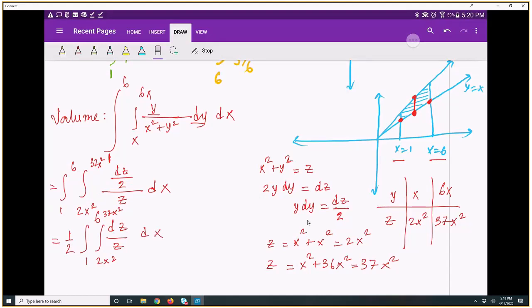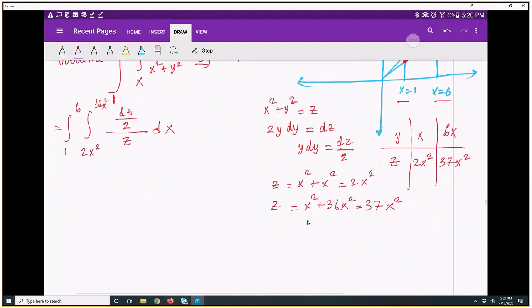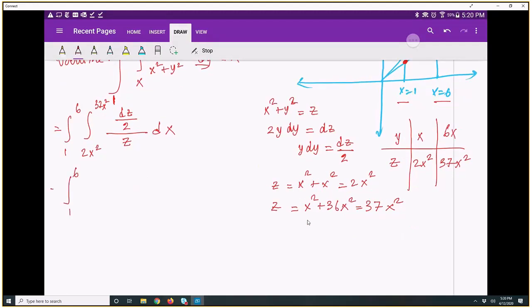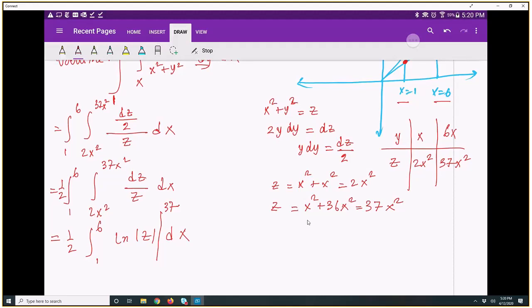So let me write it one more time because I'm confusing myself the way I'm writing the limits. So this is 1 to 6, 2x squared to 37x squared dz over z dx, and the constant 1/2 is out. So the integral of dz over z is natural log of z. So I get 1/2 integration 1 to 6 natural log of absolute value of z dx, and then I have the limits of 37x squared and 2x squared,